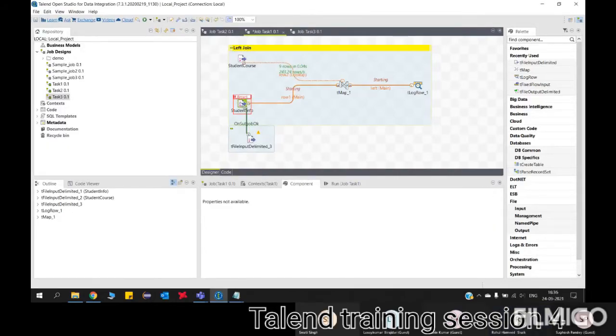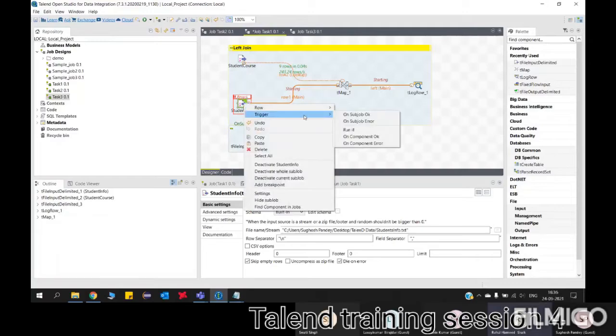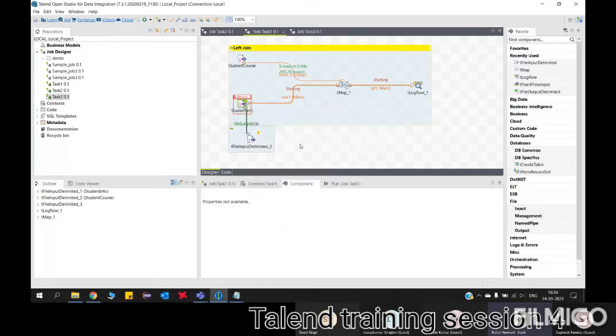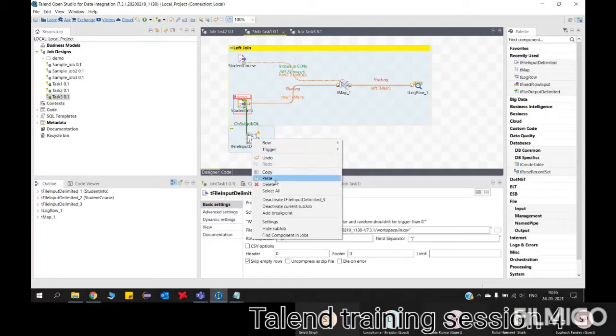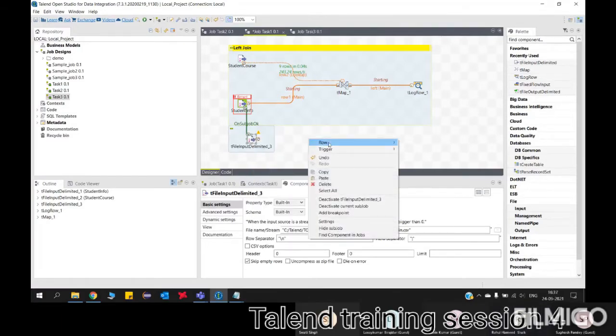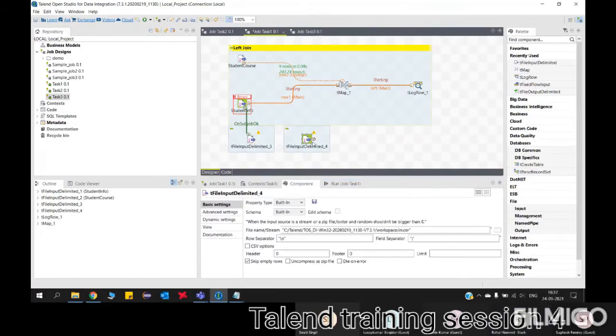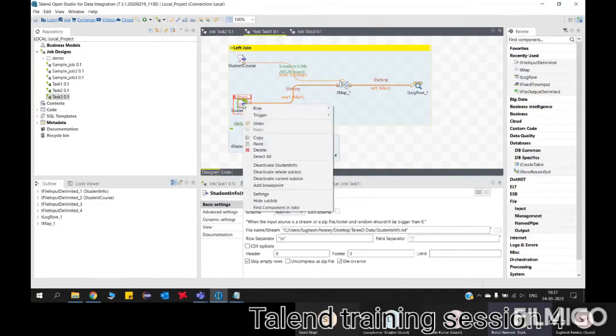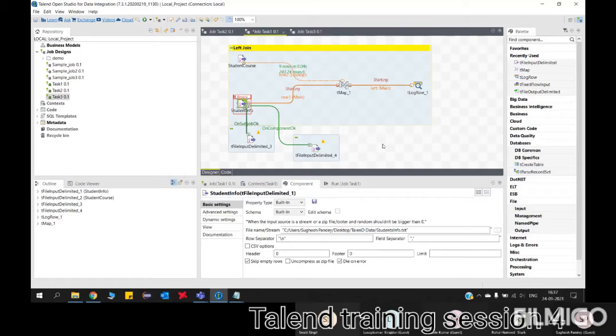Okay. Now what you can do is take another file component and put On Component OK. Take On Component OK from there.